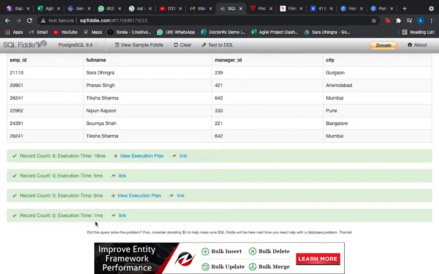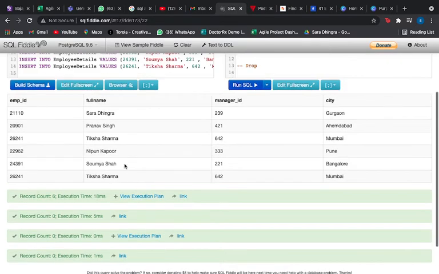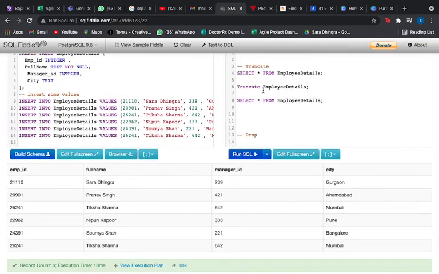Why? Because the truncate command deletes all the rows from my entire table. I still have my schema, I still have my employee details table, but without any records in it. So that is the reason that our command has been executed, but we can't see the table because all of them have been removed by the truncate.